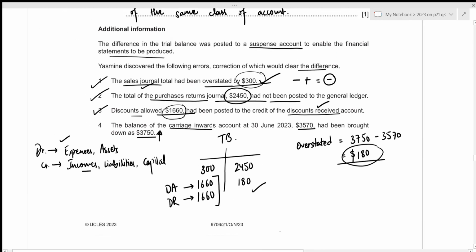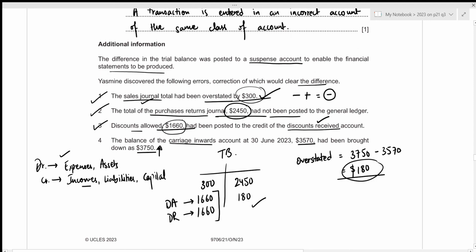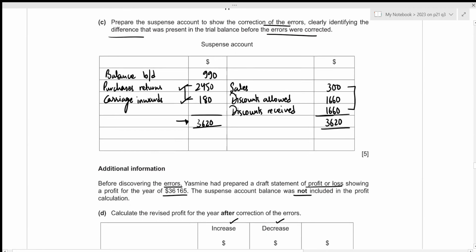Now we need to repeat the same process with error 2. In this case, purchases returns of 2,450 had been completely missed. So we need to now include the purchases returns. So inclusion is always an addition. And remember that purchases returns is subtracted within the cost of sales. But also remember that cost of sales as a whole is subtracted in order to calculate the gross profit, right? So that will be a positive, a negative, and a negative, which results in a positive. It just means that in order to rectify this error, we have to add the amount of 2,450 back. So this amount will go on our increase column,